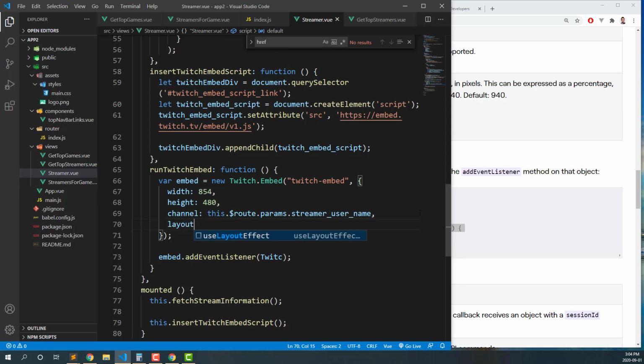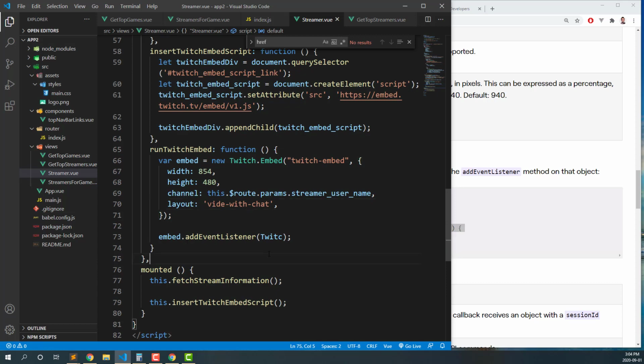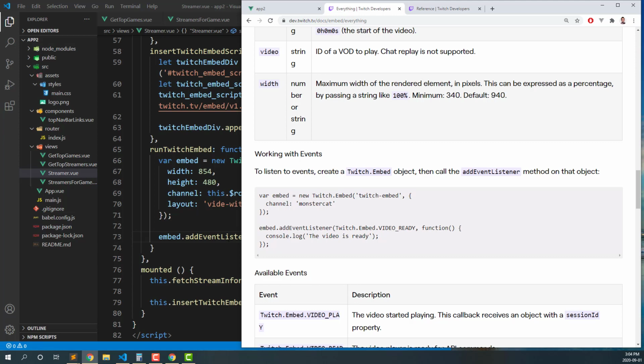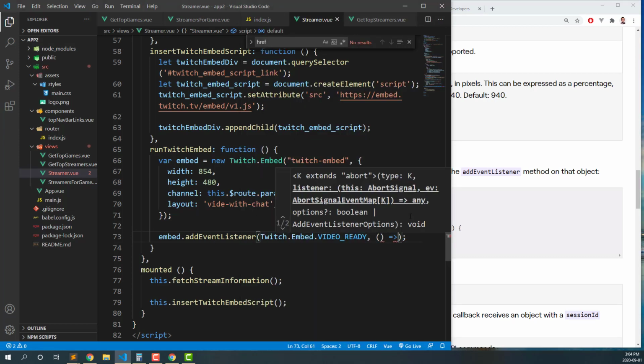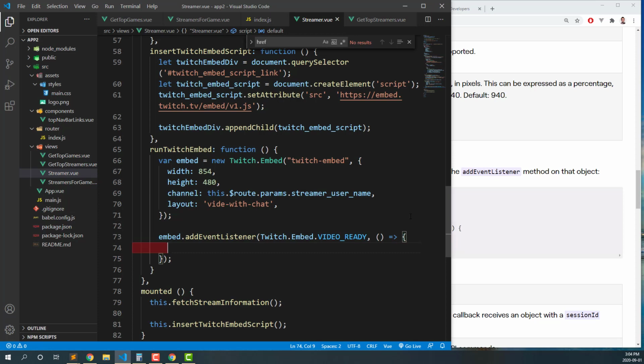Oh, and then under layout, we have to do video with chat to make the chat come up with the player. And then here under video ready, we're going to do Twitch embed video ready. I think that's right. Embed video ready. We're going to run the function